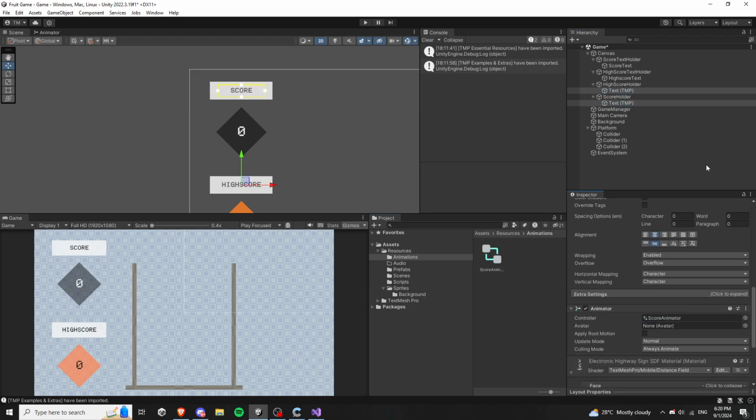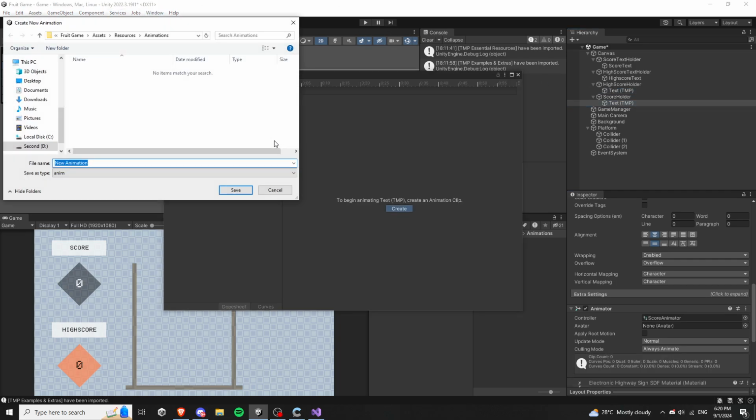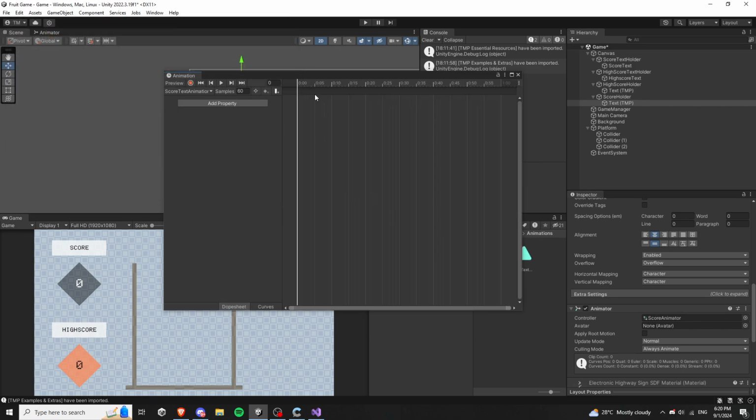Okay, let's add the controller and create again. Windows animation, create new score animation. Let's call it score text animation. Okay, now we need the property. Let's pick the scale,